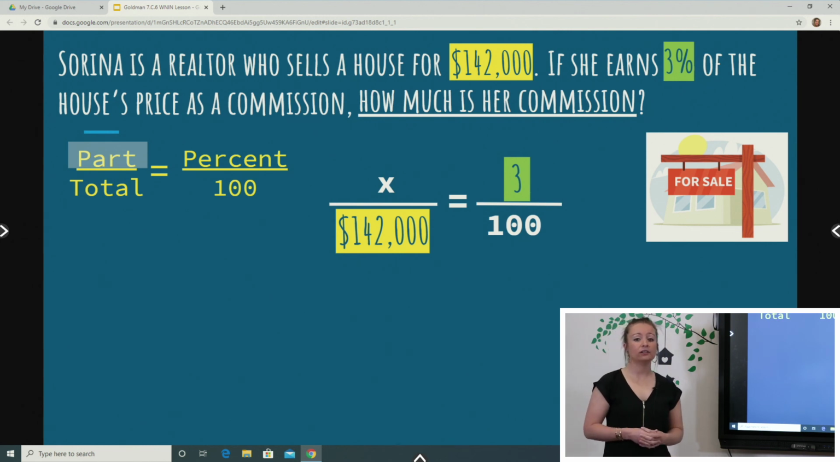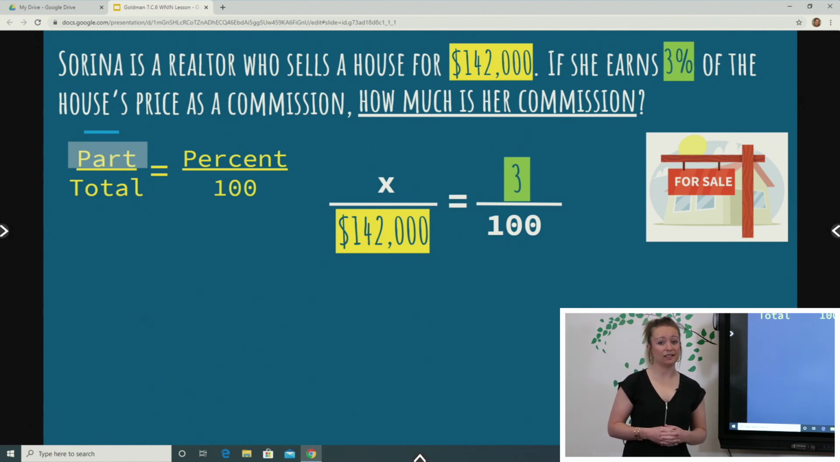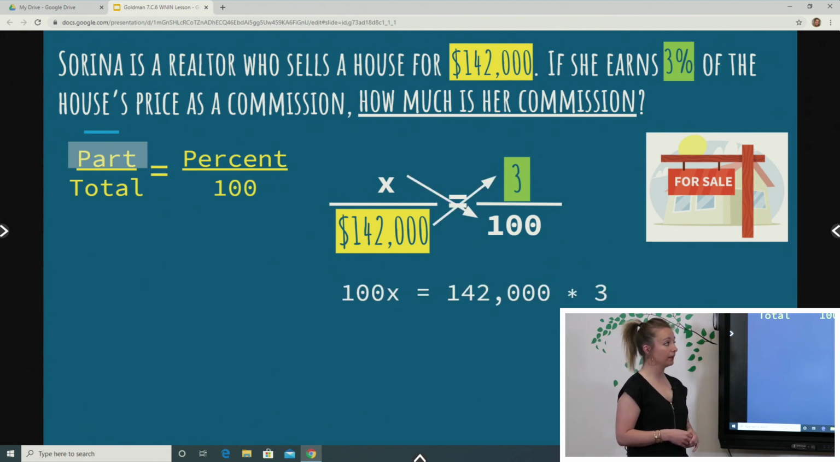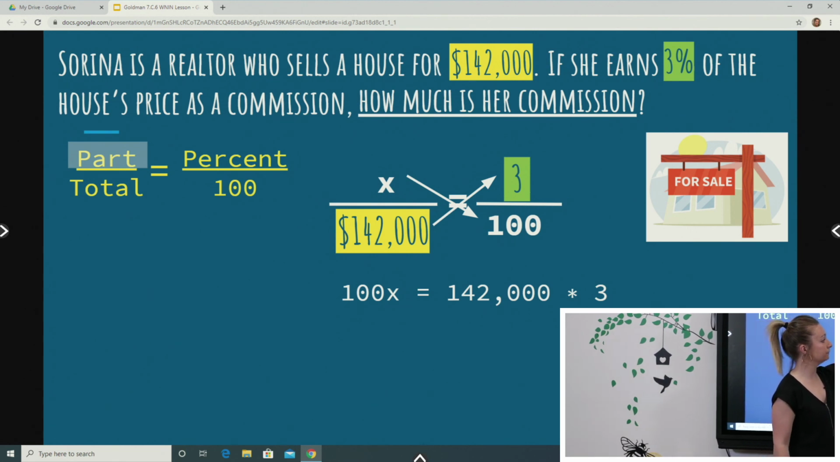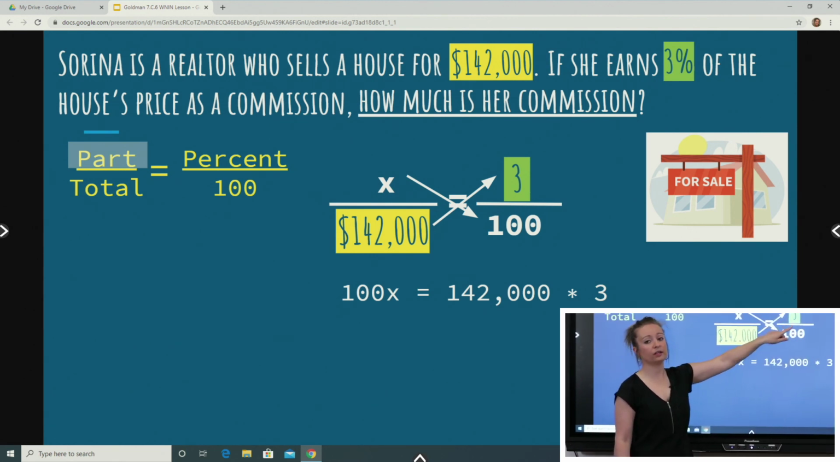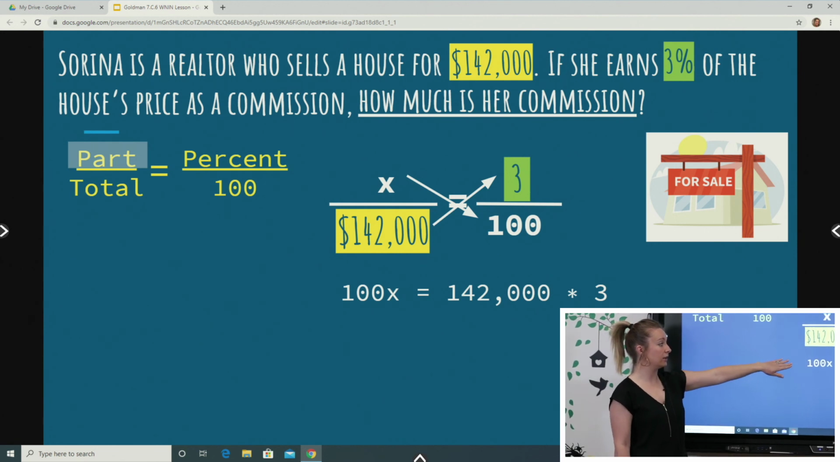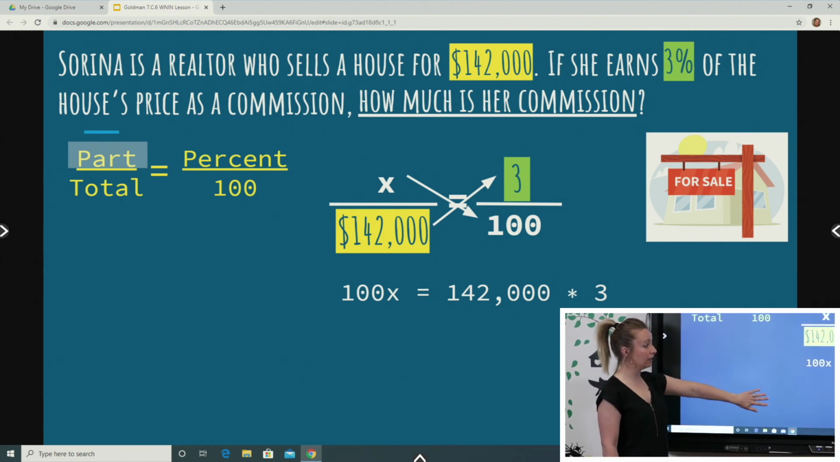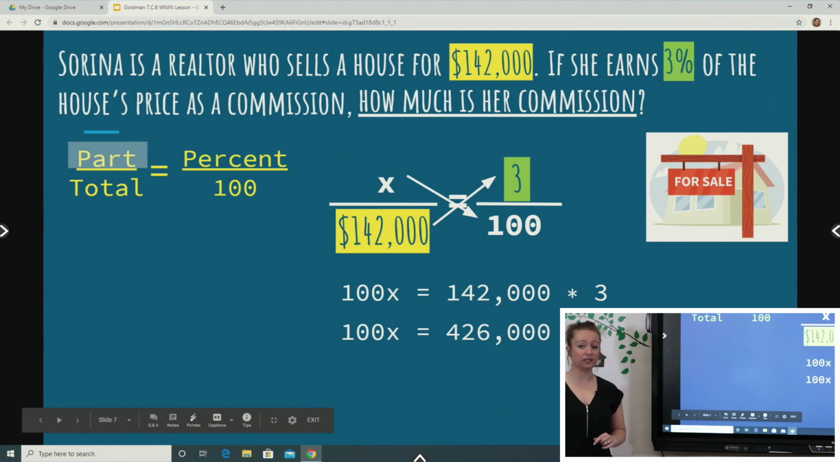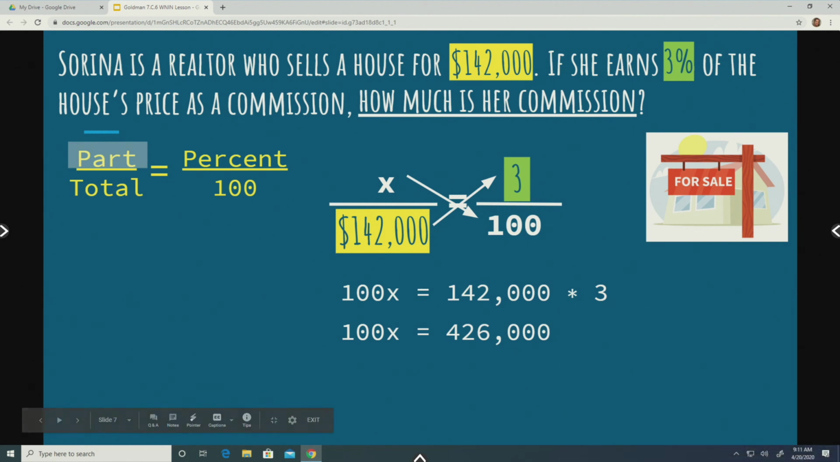In the Math Antics video, he used equivalent fractions in order to solve the problems. The fractions that he was using were relatively simple, and these numbers aren't going to be as easy to find. Therefore, we're going to cross-multiply to solve these proportions instead of using equivalent fractions. So to cross-multiply, we're going to take x times 100 and 142,000 times 3 and set those equal to one another to make this equation. To simplify the right side, we'll multiply those two numbers to get $426,000. In order to solve for x, we're going to divide both sides by 100 to find that x equals